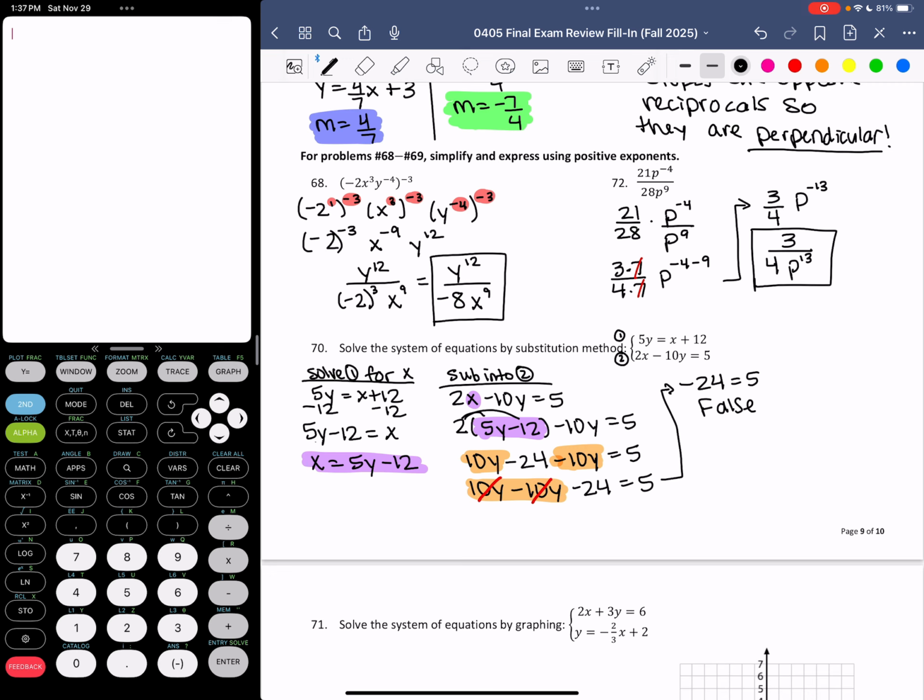Okay, so if that happens, your variables cancel out and you have a false statement, that means there is no solution. Okay, remember that what we are looking for here is the point where the lines cross, the point of intersection. And if there is no solution, what that tells me is that these lines are parallel because they never intersect anywhere. All right, I think that might be a good stopping